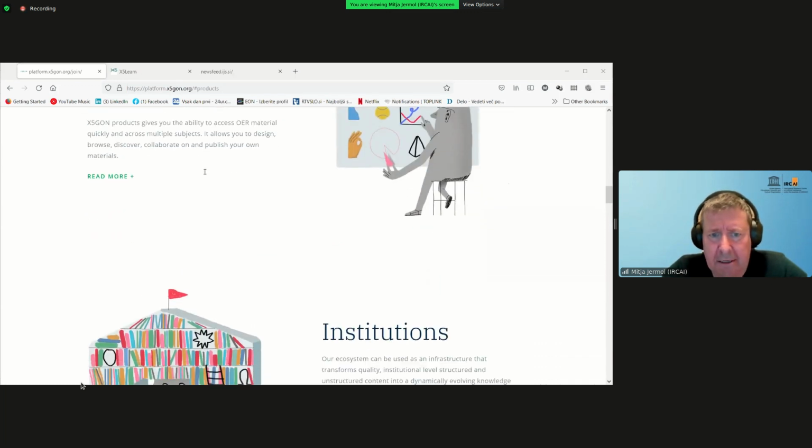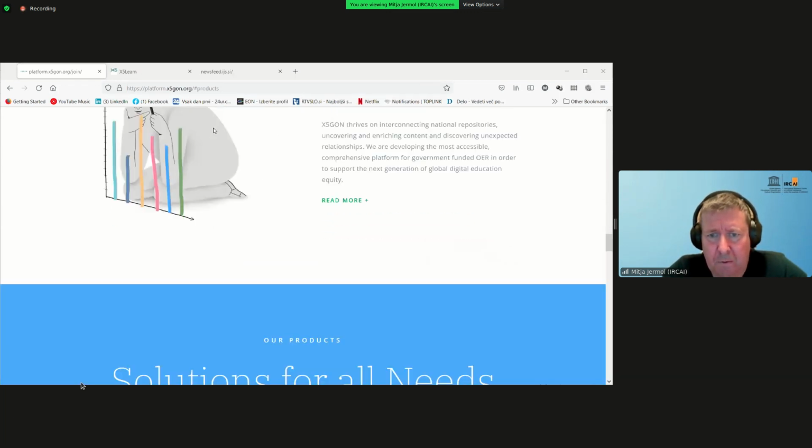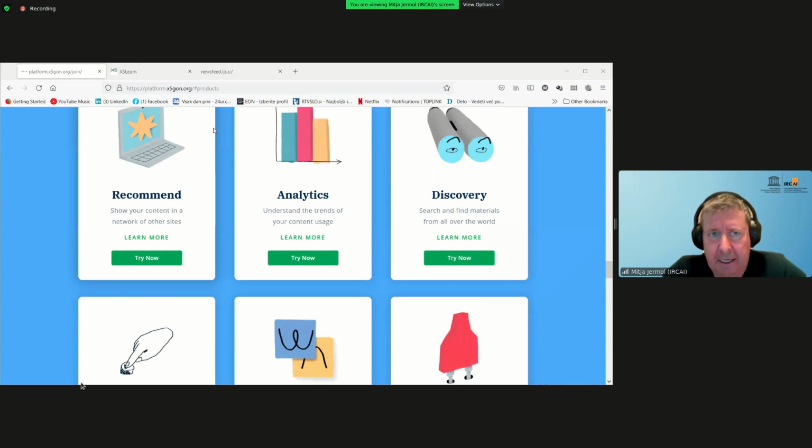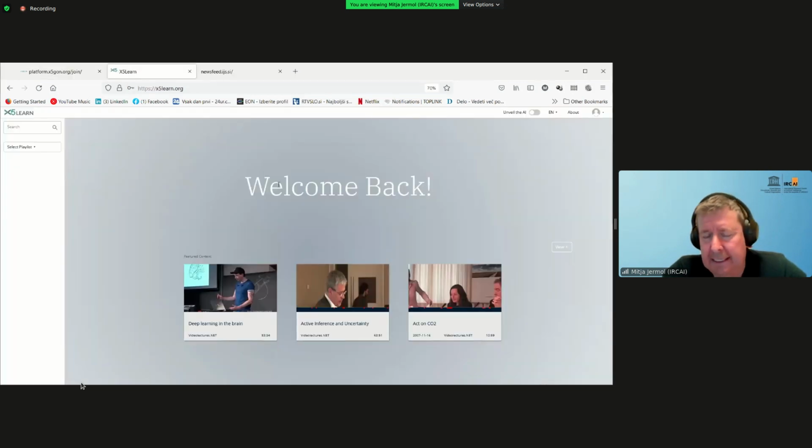But here you can see what we do. Here you have different sorts of tools, and one of those is the discovery, which can lead you to, let's say, a back office side, but here we are having tons of collected, structured, and evaluated OERs.